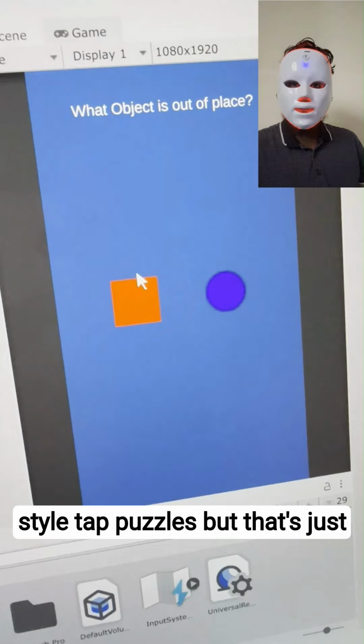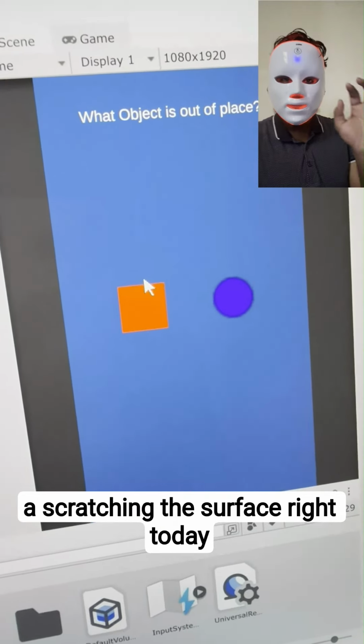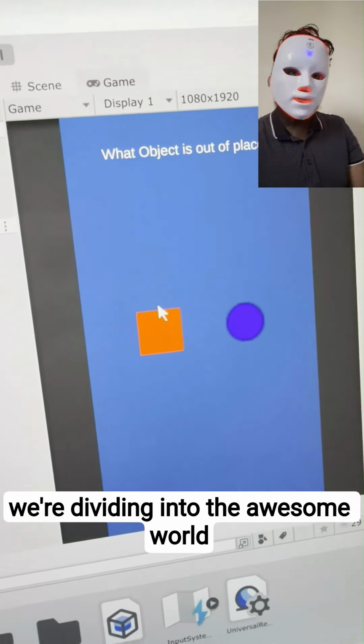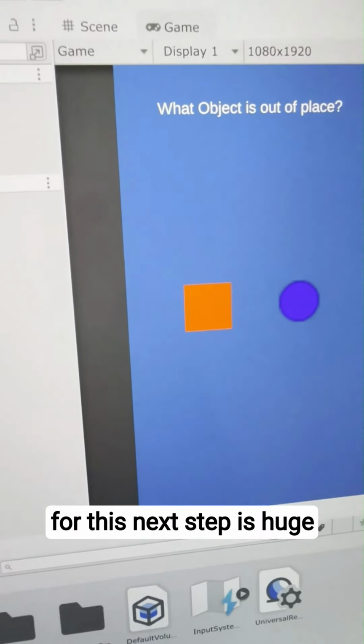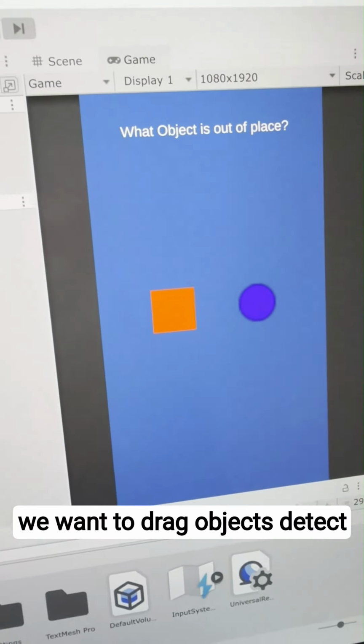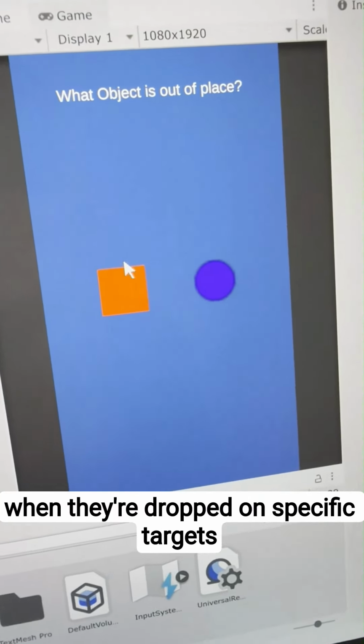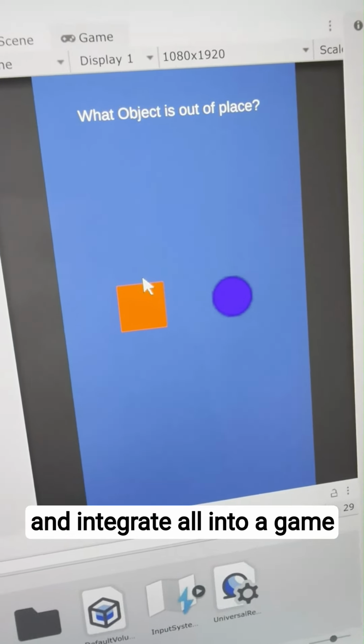What's up, game devs? Last time we nailed down basic Brain Test style tap puzzles, but that's just scratching the surface, right? Today we're diving into the awesome world of drag and drop. Our goal for this next step is huge. We want to drag objects, detect when they're dropped on specific targets, and integrate it all into a game manager for